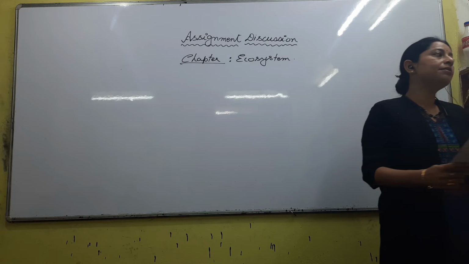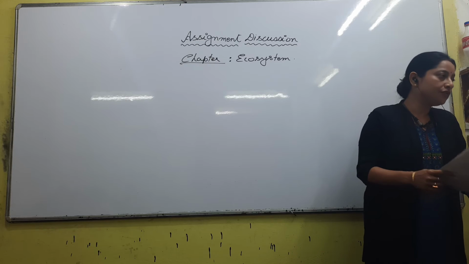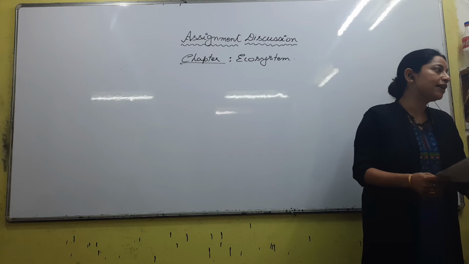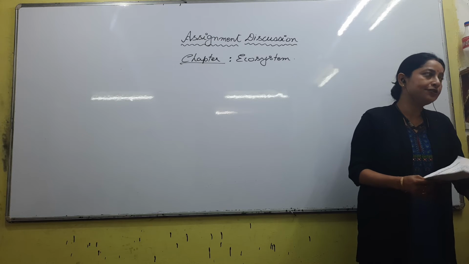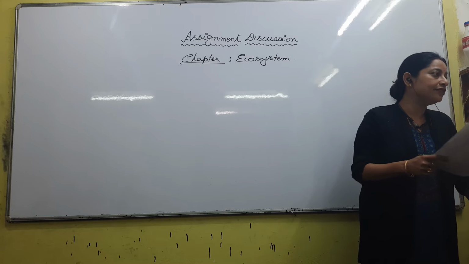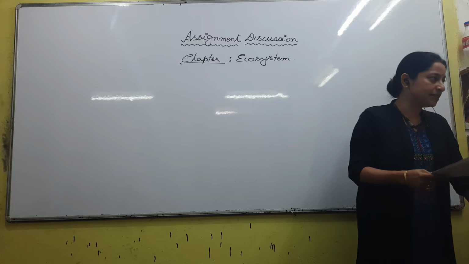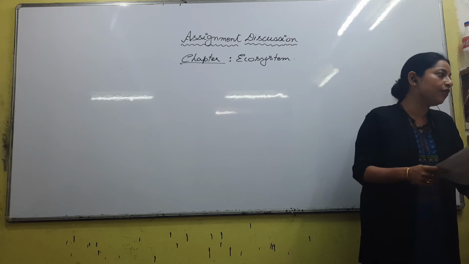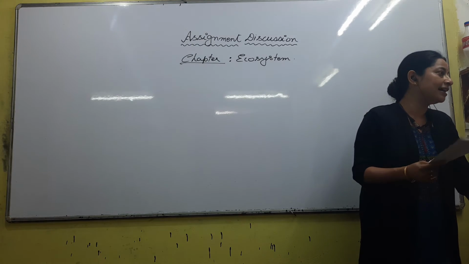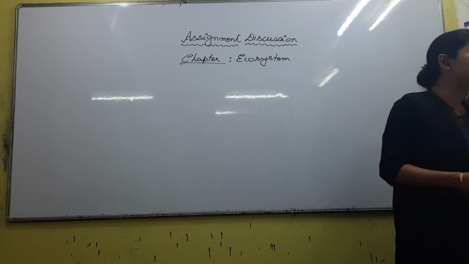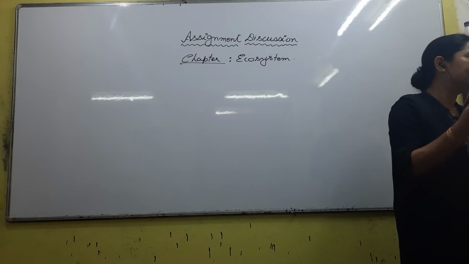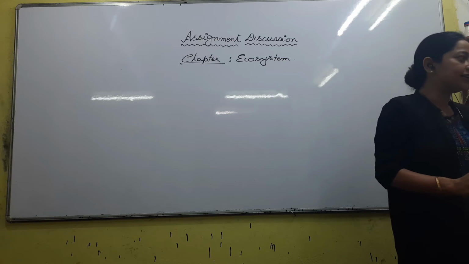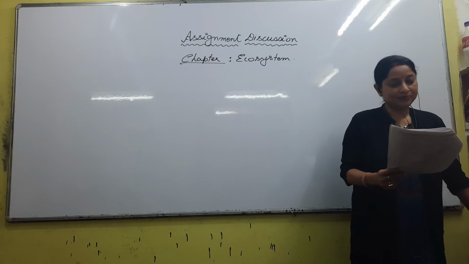Okay, if you are talking about a pond, and you want to draw a pyramid according to the biomass, meaning weight, so in a pond what will you have? Phytoplanktons, the producers, would be eaten by the small fish. Small fish would be eaten by the large fish. If you are talking about number, whose number would be the most? Phytoplanktons. If you are talking about weight, whose weight would be the most? The large fish. So it will be inverted, right?